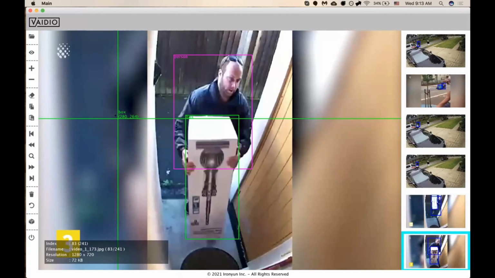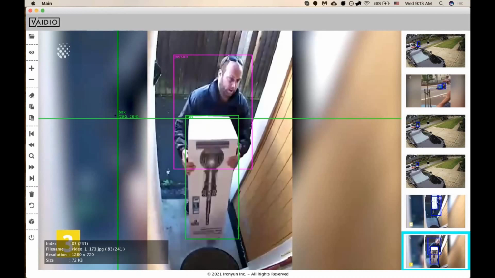For the training process, it doesn't matter where the image comes from. Analog or IP camera doesn't matter because it just cares about the image, the object in that image, the resolution of that image. However, when you want to apply the trained model, like the finished product, to detect things in real time, then